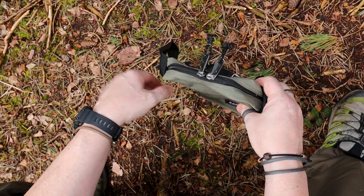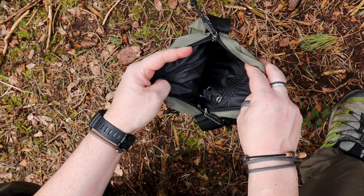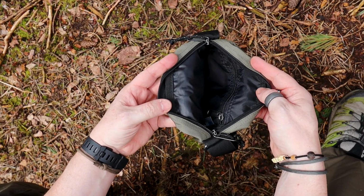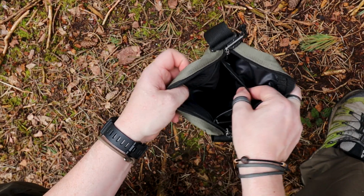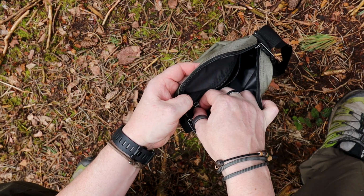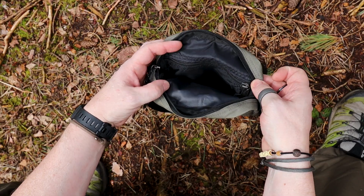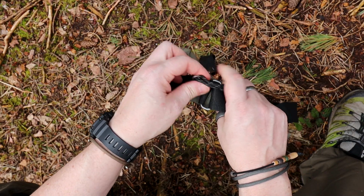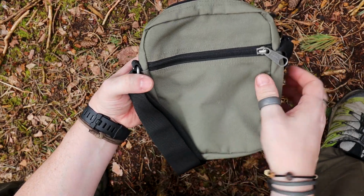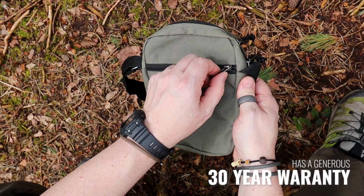All YKK zippers. You have open YKK zippers on the top, and then on the inside it's all really nice and lined. It's a single large pocket with an additional pocket here at the back that's zipped off, that you can keep valuables, or at least just things that you want to keep separate from the rest of your bag. But in addition to that, for extra security on the back, there is also a hard to get to zip